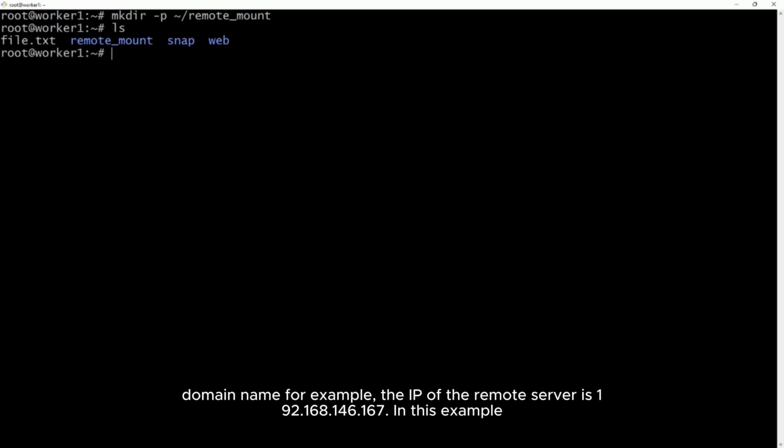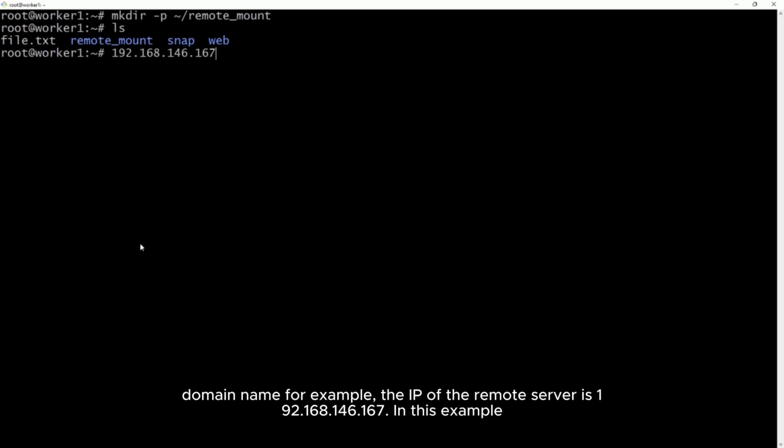For example, the IP of the remote server is 192.168.146.167.